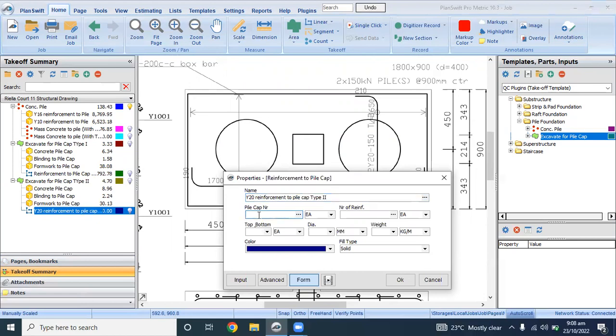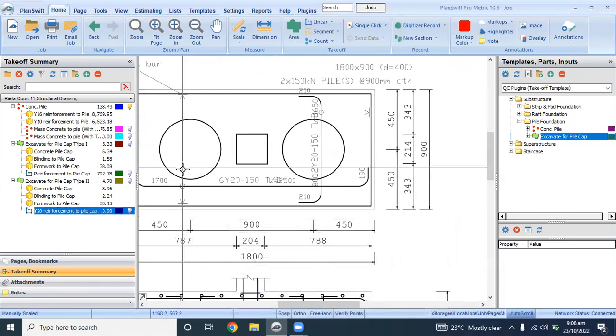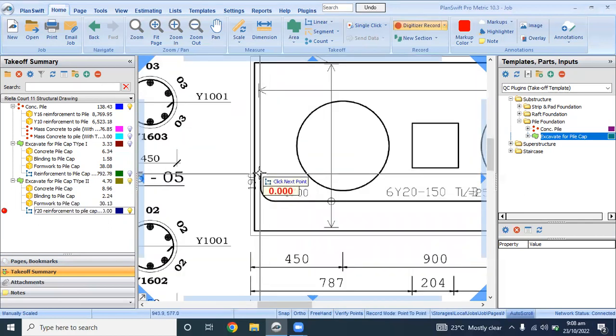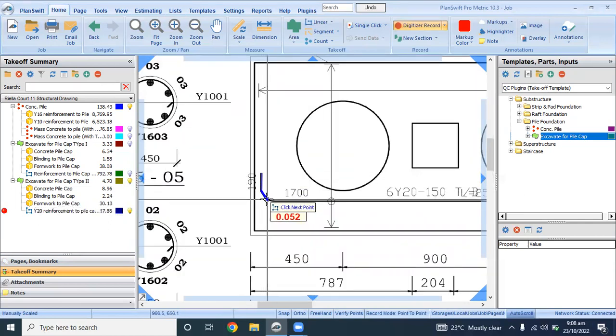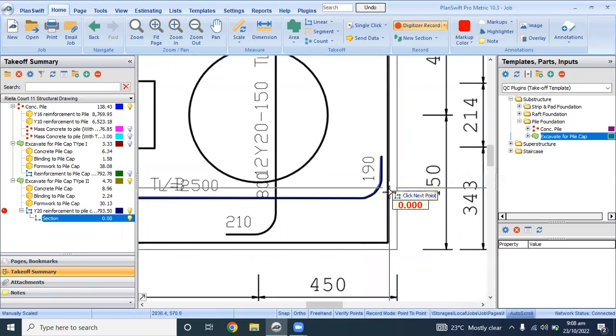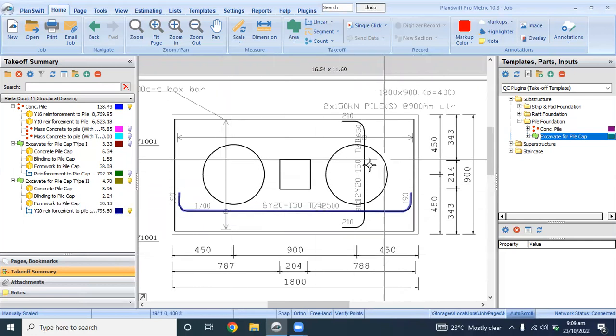Pier cap number, we said to be 14 number. Number of reinforcement is Y20, the 6 number. It's a top and bottom bar too. Diameter 20, 2.4. Okay, so we come here to pick the 2 and trace the reinforcement. Trace the reinforcement. Okay, so what of this? This one and the second side of the pier cap. So for me to calculate for this,